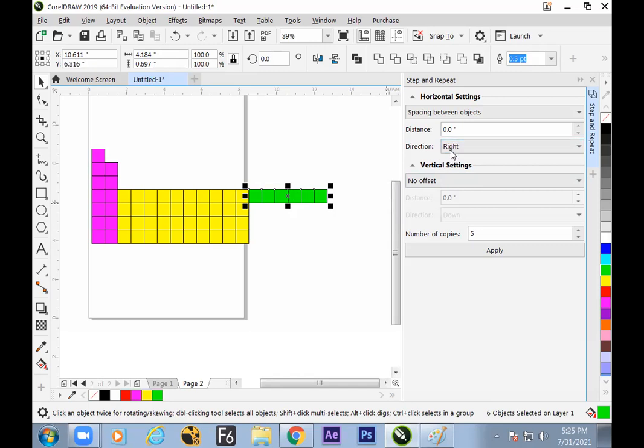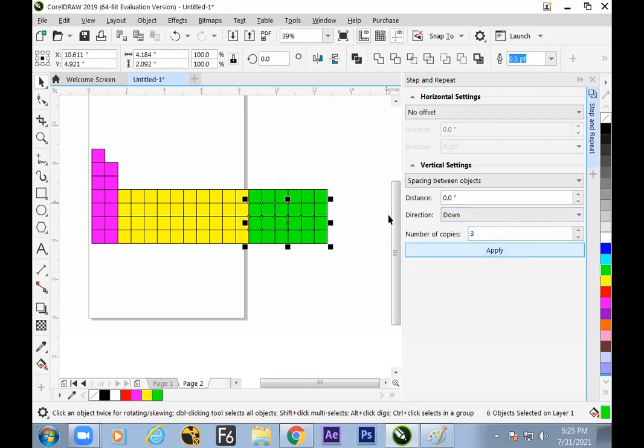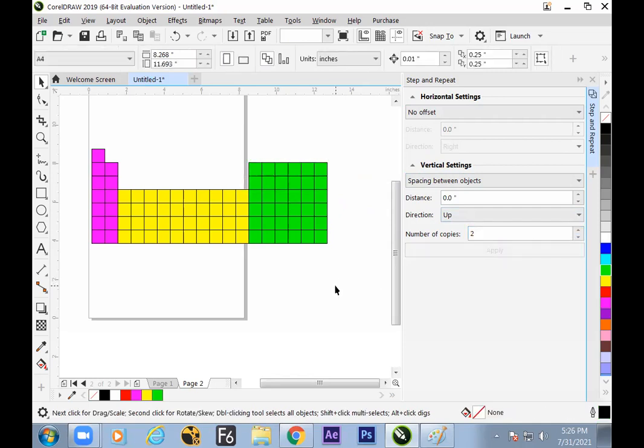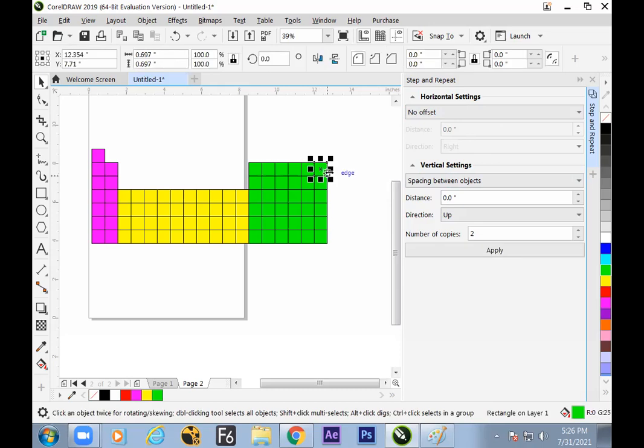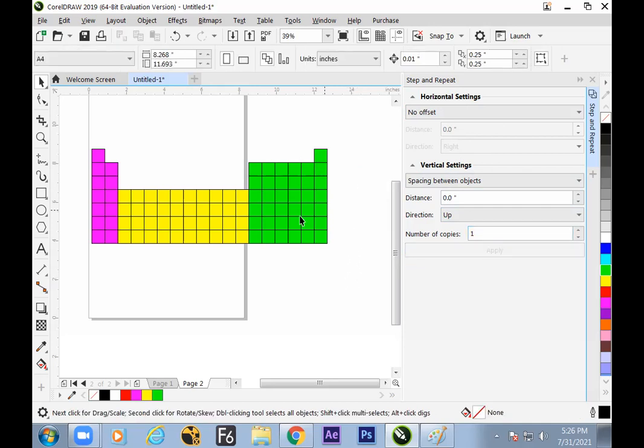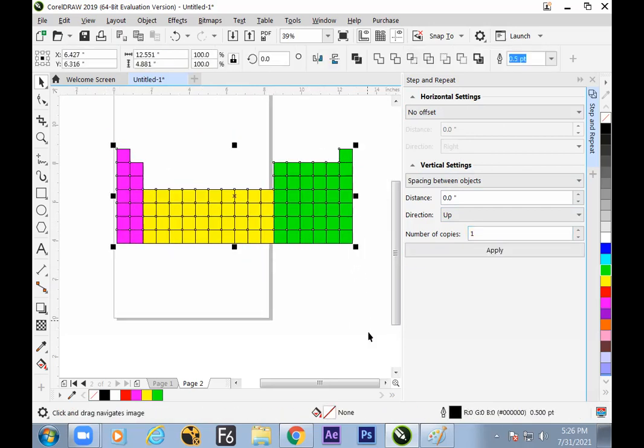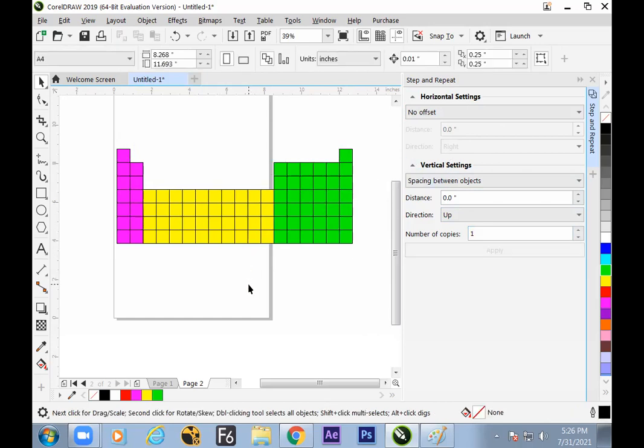So let's finish the top side first, because there is no requirement for left and right. To the down, how much required? More 3. Apply. And select this upper one and change the direction to up. More 2 required. So hope we have understood now how to make a simple periodic table with this calculation. Tools we have learned, but the output does matter. Now to the top, we need one only because this is helium. So hope we have understood how to use this in a practical manner.